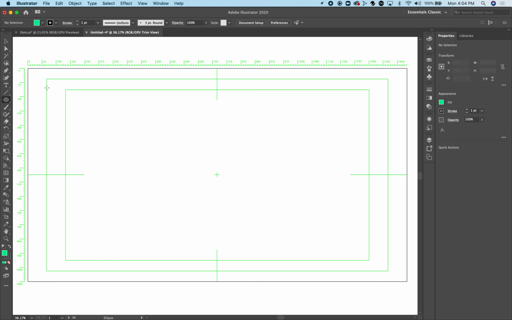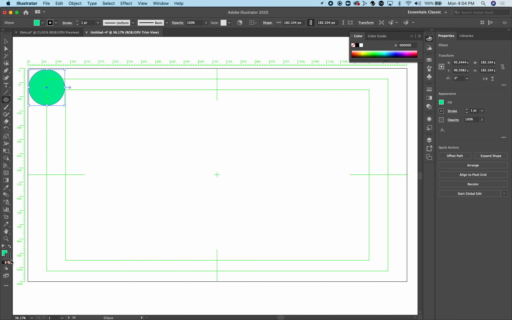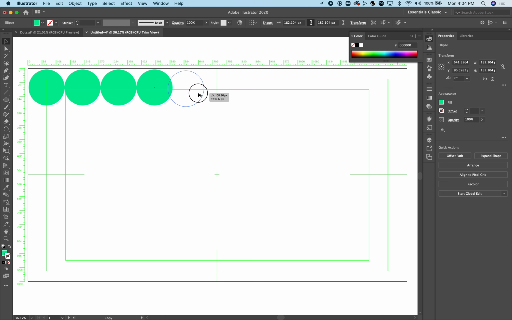If you hold down Alt or Option, you always draw from the center of a circle. If you hold down Shift, it's going to lock it in position. So there's my circle. It right now has an outline, so I'm just going to go to None Outline because the graphic style I have in mind is kind of bold colors that overlap with no outline. And if I hold down Alt or Option and drag, it will copy it. So I'm essentially going to be making a grid of dots,